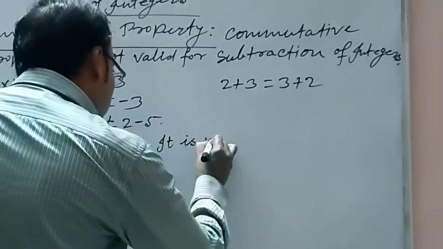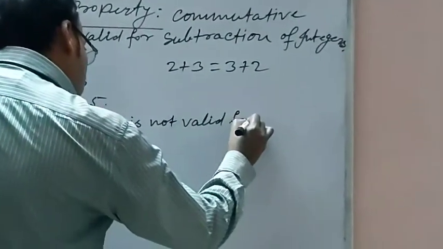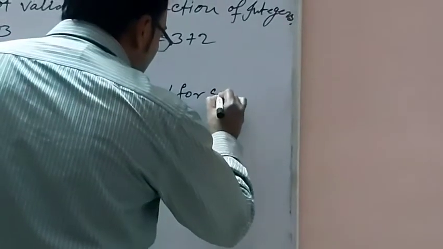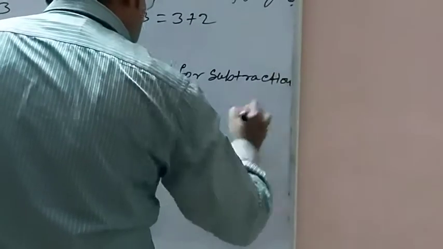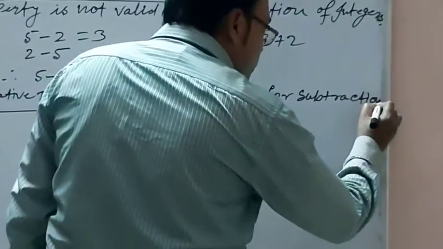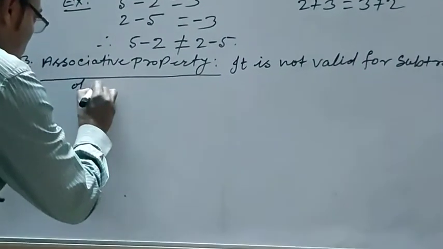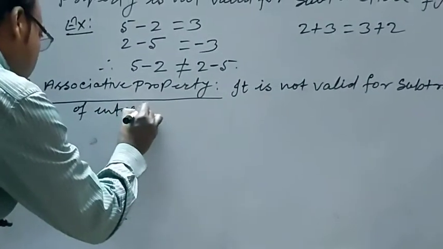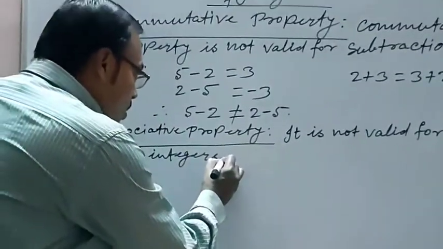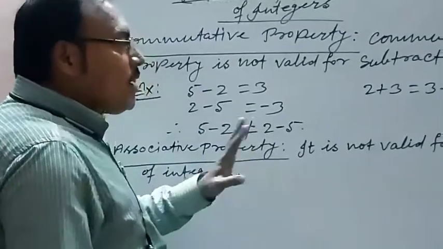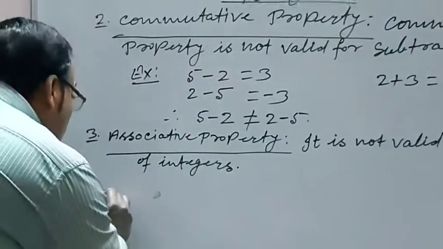It is not valid for subtraction of integers. This property is also not valid for subtraction of integers. Example,